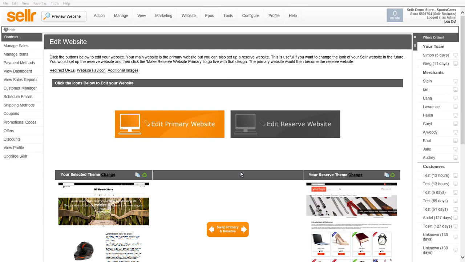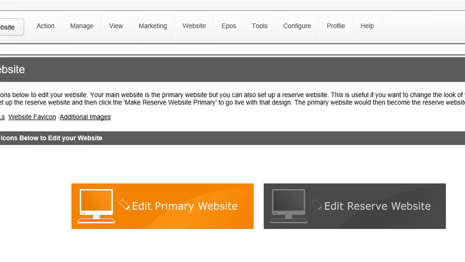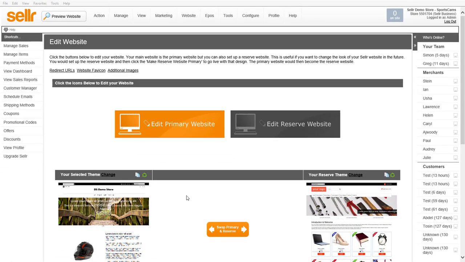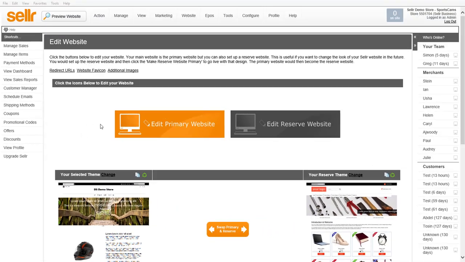In this screencast, I'm going to show you how you can create a custom theme using the Seller website theme builder. So if we take a look at the control panel on the screen in front of us here, this is the website, edit your website screen, and I've already selected the Seller theme builder, which is shown by this theme on the left hand side here. So if we click on edit primary website,